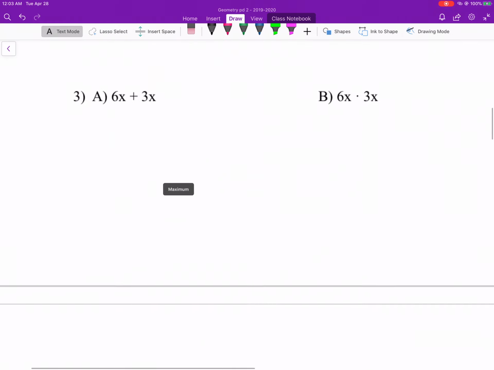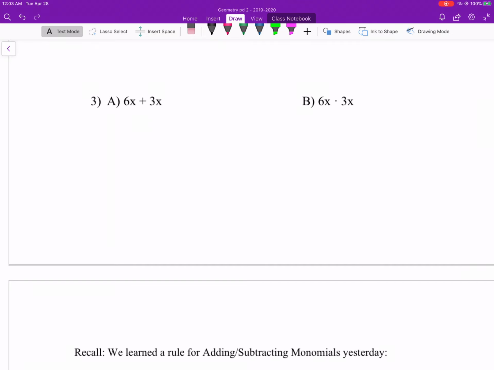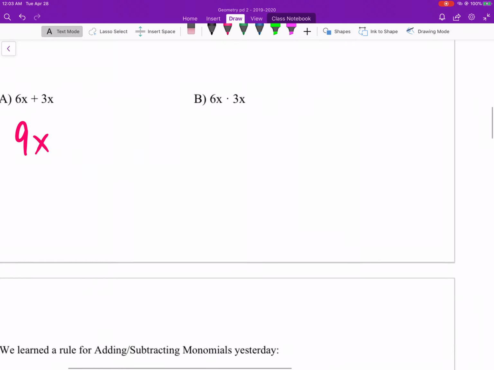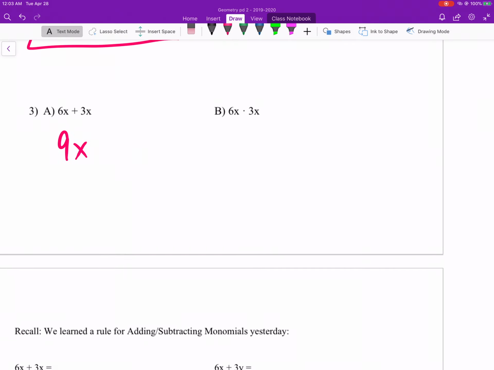All right. Next, 6x plus 3x is right? Those are like terms, so that's good. Add your coefficients. 6 and 3 is 9, and you just keep the x. However, in part B here, this is now 6x times 3x, and this leads us into what we're going to talk about today. When you're multiplying, you do multiply the coefficients, so it's 6 times 3,